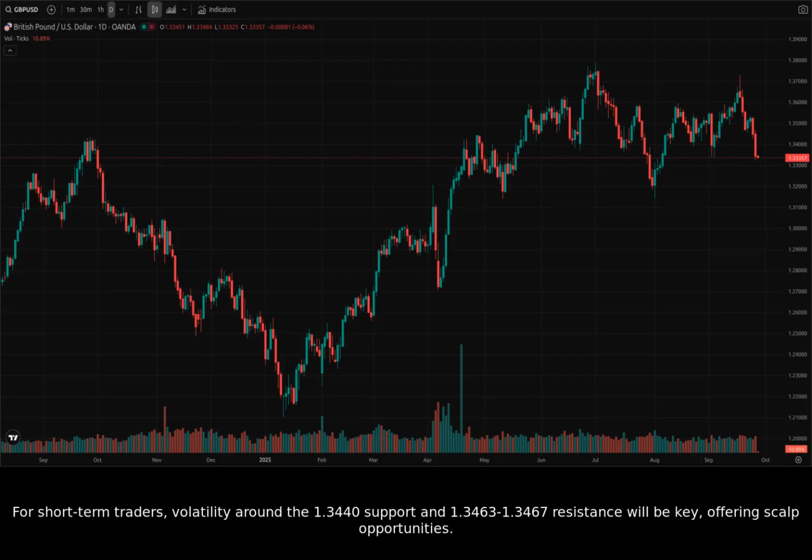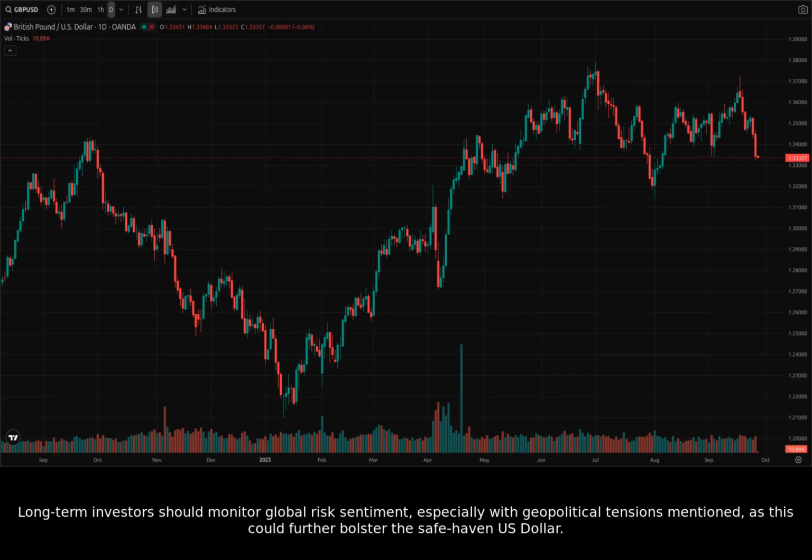For short-term traders, volatility around the 1.3440 support and 1.3463 to 1.3467 resistance will be key, offering scalp opportunities. Long-term investors should monitor global risk sentiment, especially with geopolitical tensions mentioned, as this could further bolster the safe haven